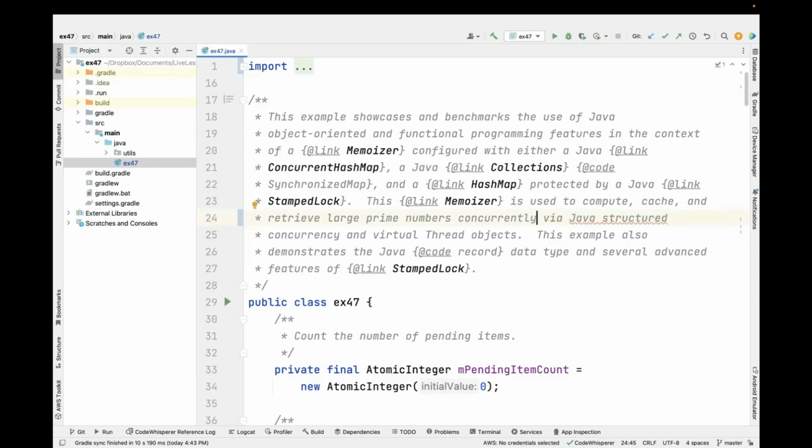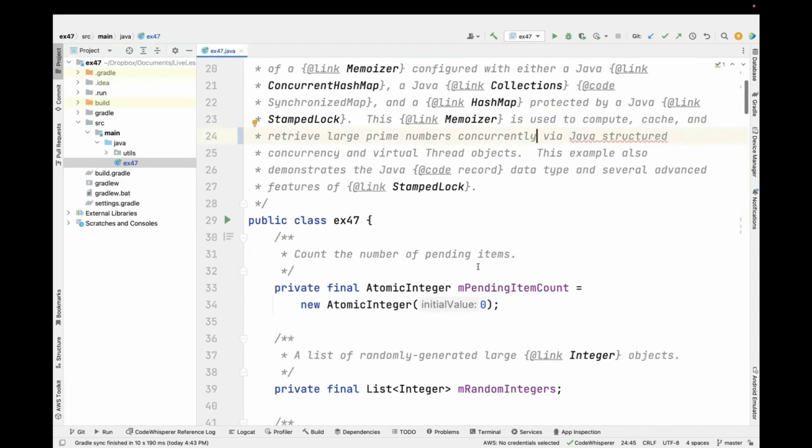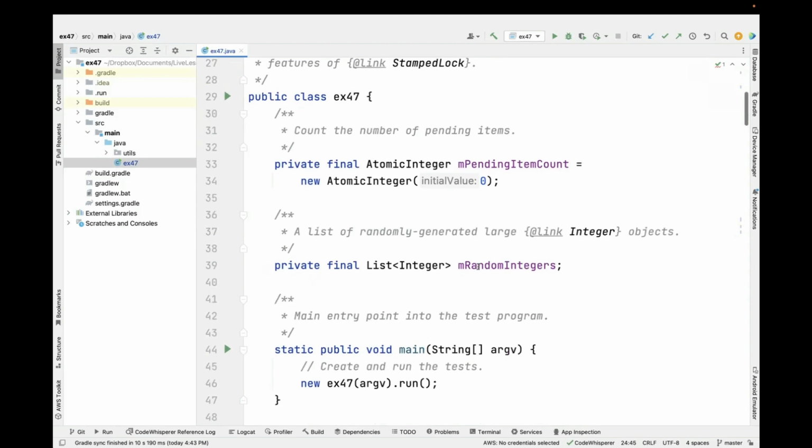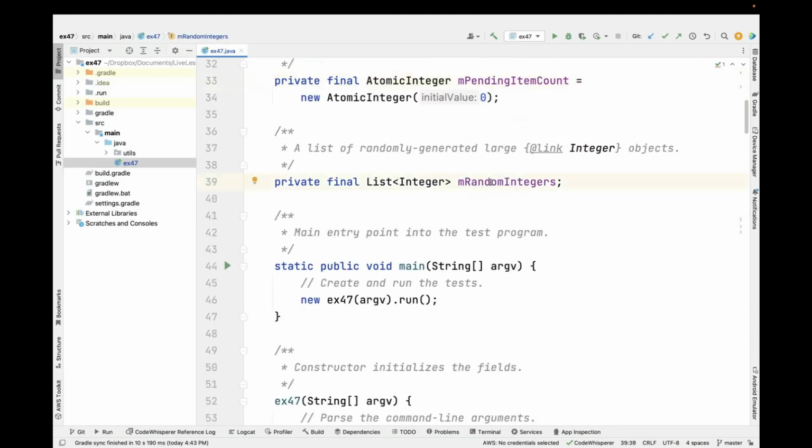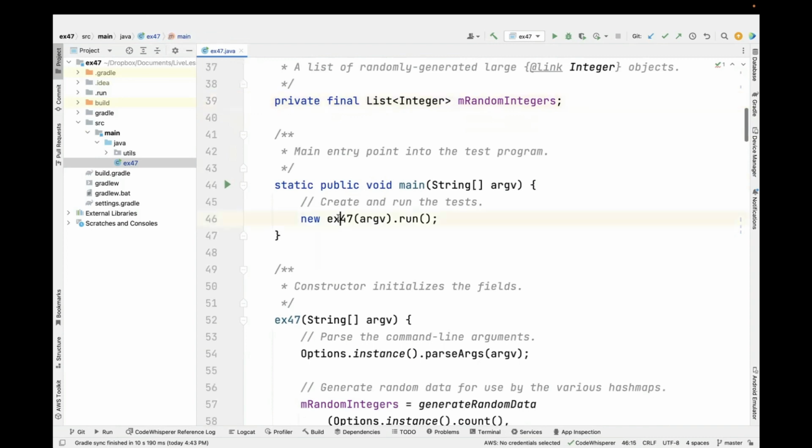This example also shows some other things like the use of the Java record data type and some advanced features of StampedLock. So let's start by taking a look at some of the ways we've defined this. We've got a couple fields. We have one that keeps track of the number of items that are pending. That's just used for diagnostic purposes. We have a list of randomly generated large integer objects specifically set up to have duplicates so we can leverage our memoizer. And then we have a main entry point, which creates an instance of this class and then runs